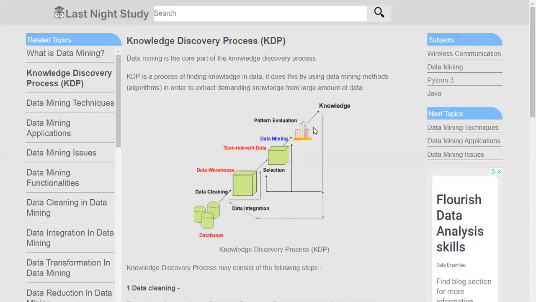And on that, you will be processing your pattern evaluation methods or algorithms, which are known as techniques, which we are going to discuss today. Using one of the techniques or maybe a combination of different techniques, you will try to get the knowledge out of the data. Suppose you get some data on the present marks of the students.